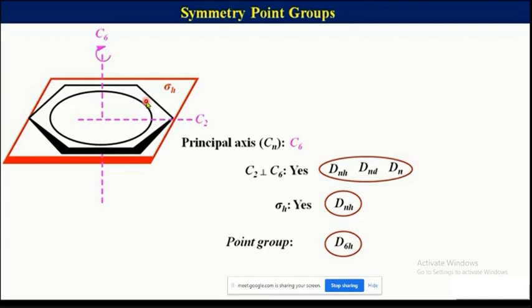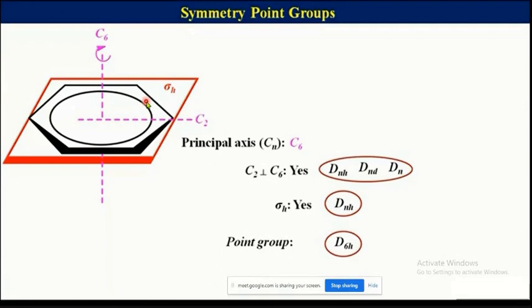Because right now what we are finding out is the point group. Clear, beta? Okay sir, that means we are insisting that it should be perpendicular. Yes, because you know, if it is perpendicular, only then our criteria starts. The first point is linear or non-linear. If it is non-linear, then the first point is whether C2 is perpendicular to the axis of rotation, the rest of the axis of rotation being the principal axis or not. If not, then you have many options, the left hand ones: CNH, CNV, SN and CN. And if yes, then in that case what features do you have in your hand? That is DNH, DNV and DND.